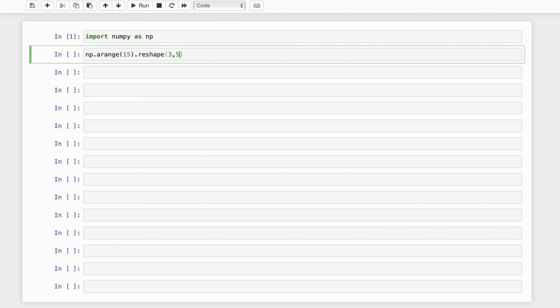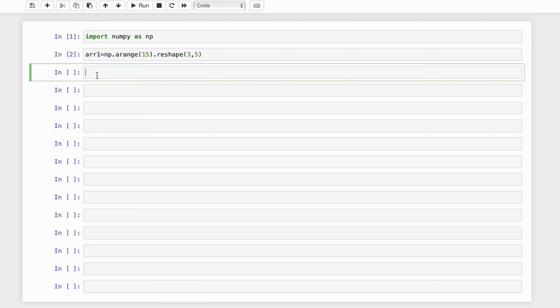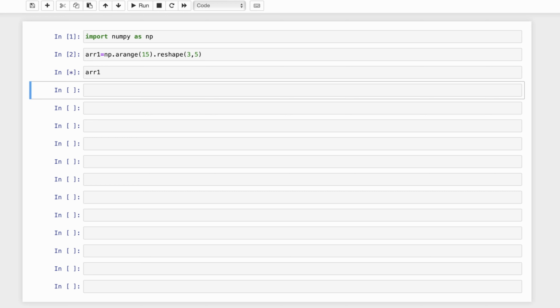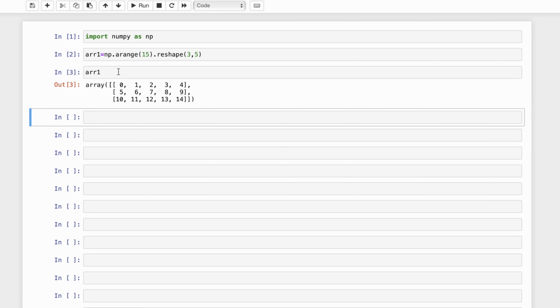array. Let's quickly copy this into a variable arr1 and run this cell and see what is inside arr1. So we have a 3 by 5 array starting from 0 up until 14. In total we have 15 elements. Cool. So in order to iterate over these elements, we can use a